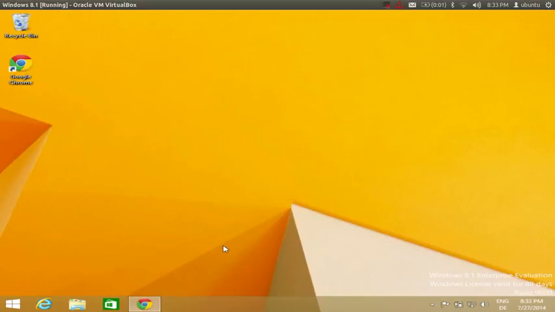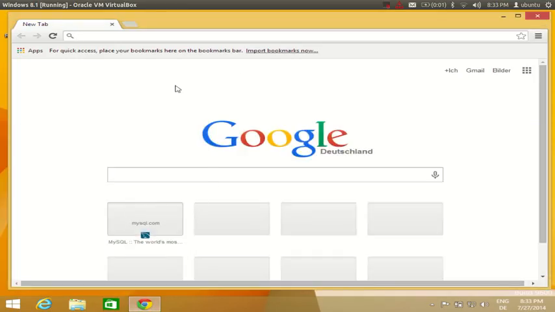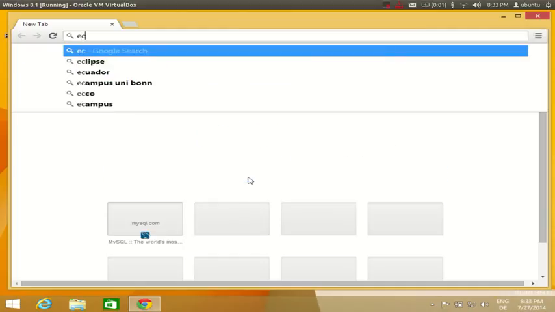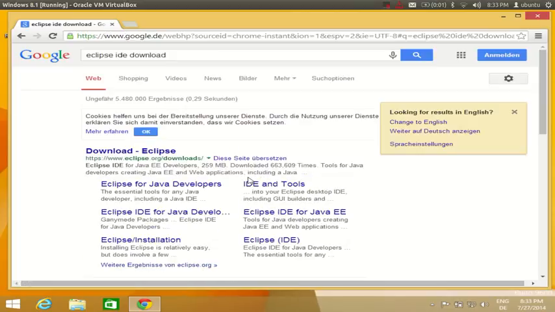Okay, so now we want to install Eclipse IDE for developing Java in our Windows 8 operating system. So just open your web browser, and in here just search for Eclipse IDE download and press enter, and the first link you will find here is from www.eclipse.org/downloads. So I will click this first link here,